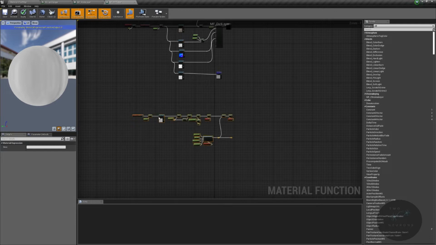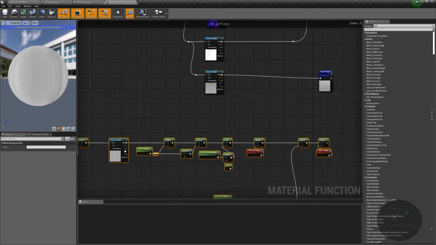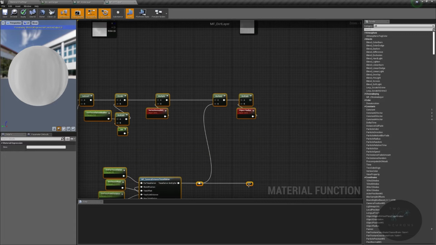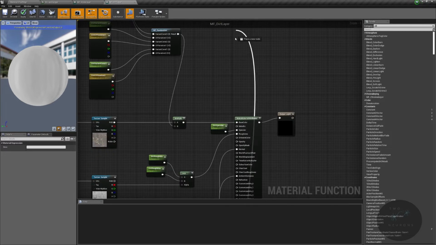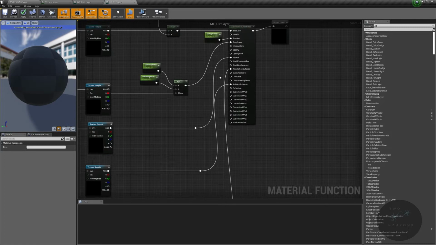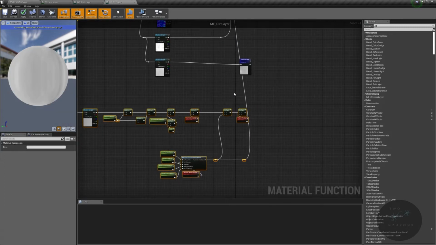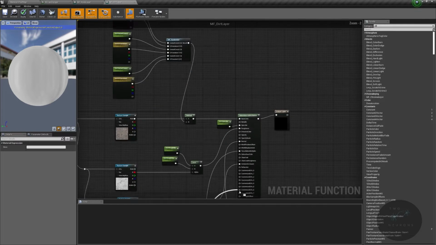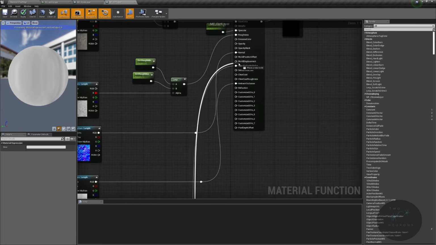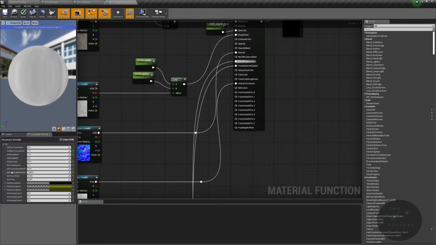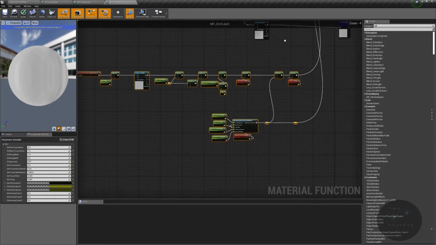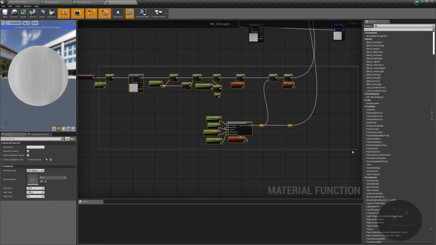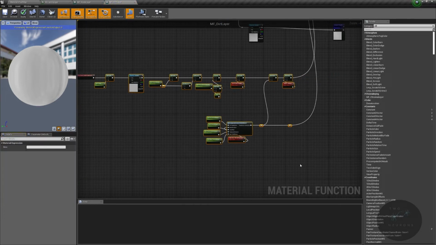And I'm going to show you what I'll copy this time over just to make it a little bit easier to do. We're going to take this bottom value here. I'm going to go from there into our tessellation multiplier. I'm going to move this to the right a bit clearly. There we go. And then take from that into our world displacement. And then I'm going to go over to our parameters. They all say dirt, and they're all under the dirt category. I'm going to copy everything but that input node now,